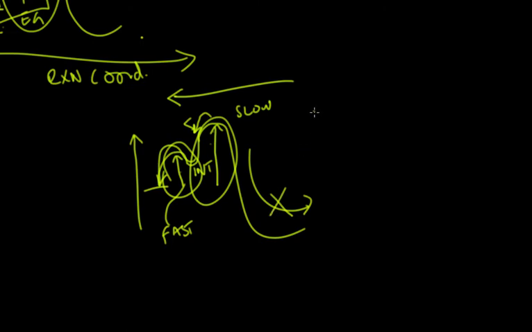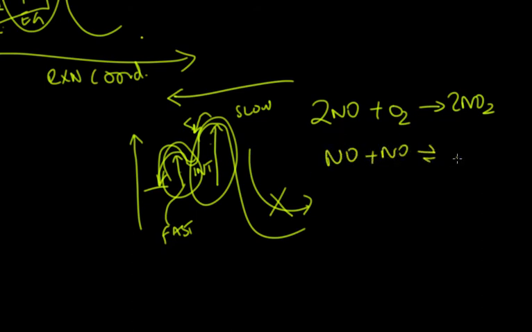And an example of this that I've found in the literature is nitrogen monoxide and oxygen. As I said, because the first step is a fast step, it will always exist in an equilibrium. But the second step, so that's 1 and that's 2,